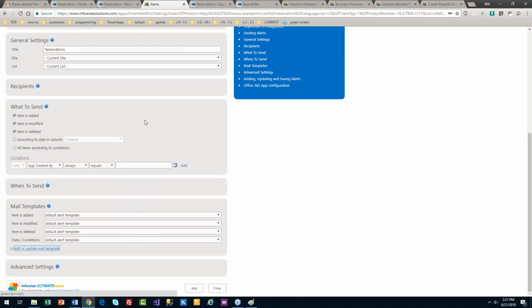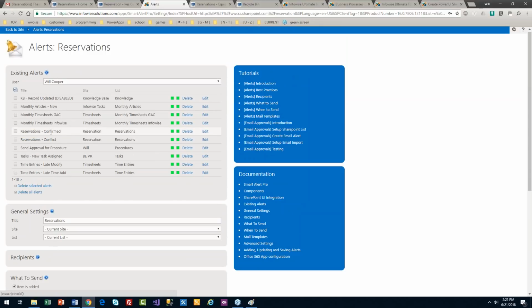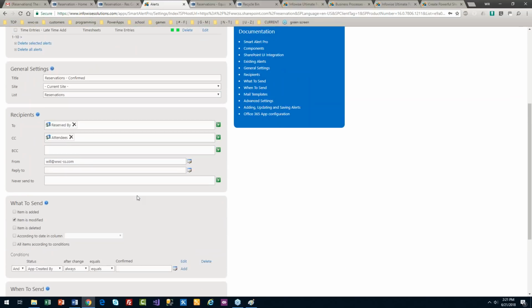And then I set a trigger point. So if you look up here, I've created 2 email roles, one for confirmed and one for conflict. And I'll show you how simple it is to set that up. Okay, so I just set the recipients. What's cool is I can just reference 2 fields in there. So notice it says reserved by and attendees. That's what's stored in the SharePoint people picker fields